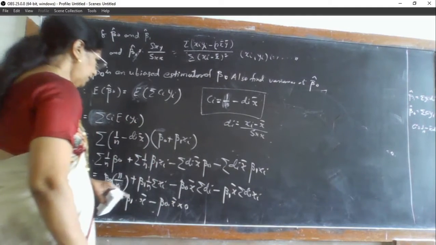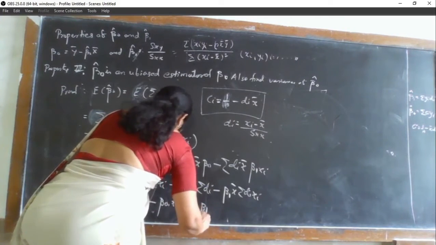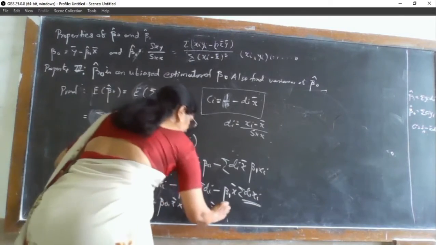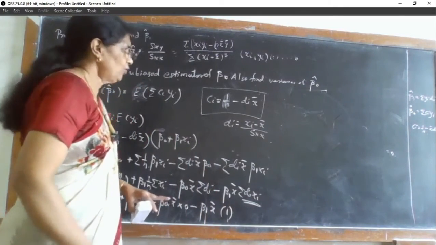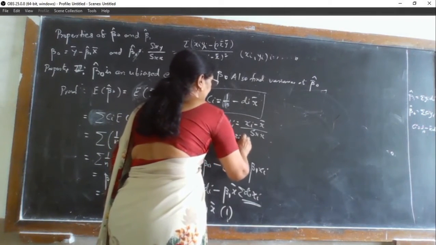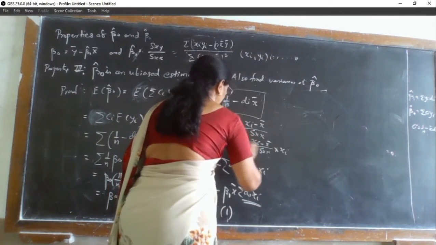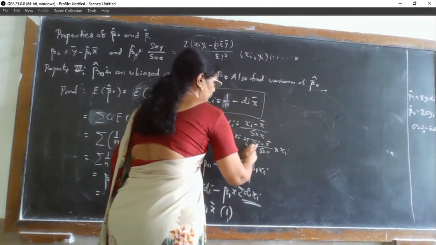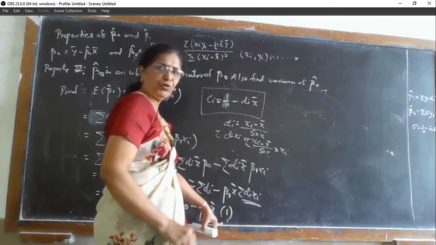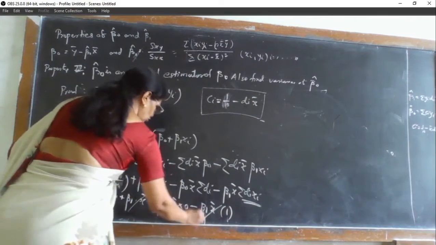Okay, and we know that minus beta 1 into x bar, and what is summation of di xi? Summation of di xi is 1. We have proved it. How? Summation of di into xi. Can you see here? di xi is xi minus x bar upon sxx into xi. If you take sum here, we will get summation of xi square minus x bar square upon sxx, which is equal to 1. Okay. So using this, you can cancel these two, and